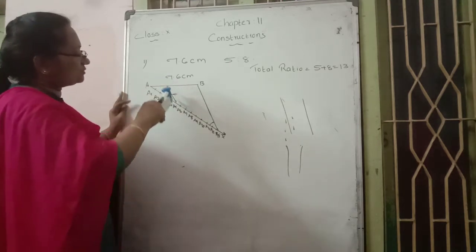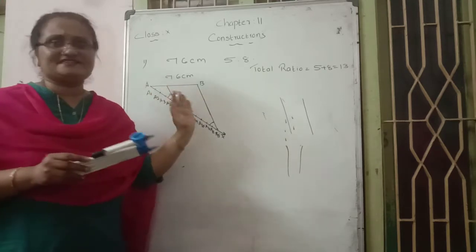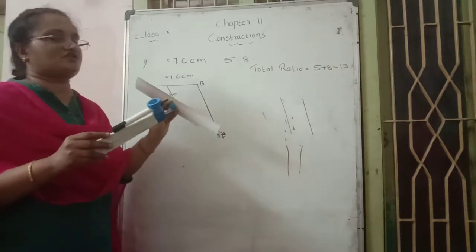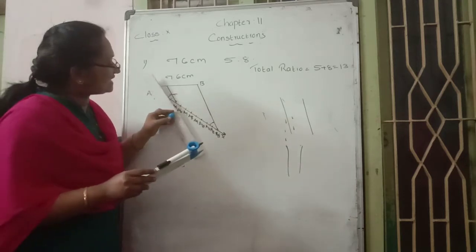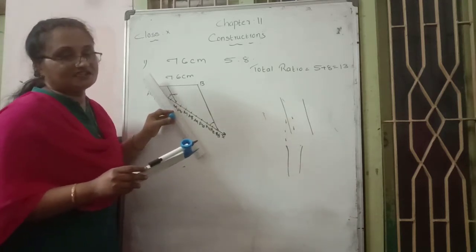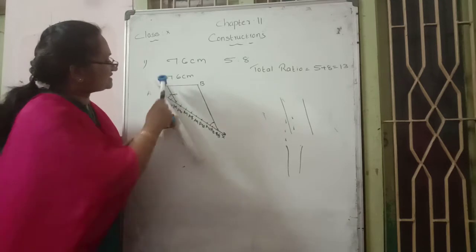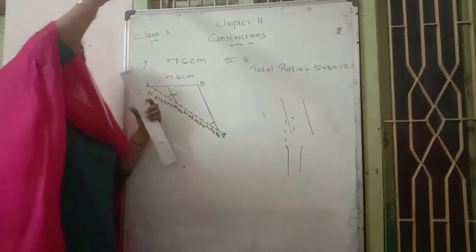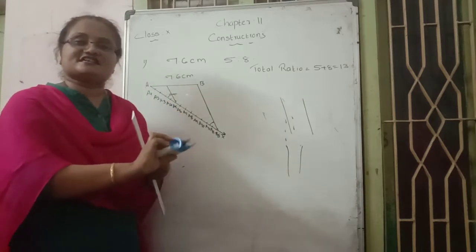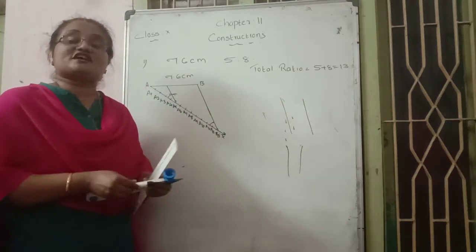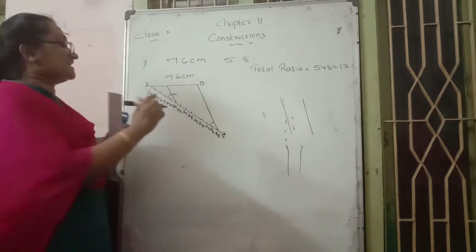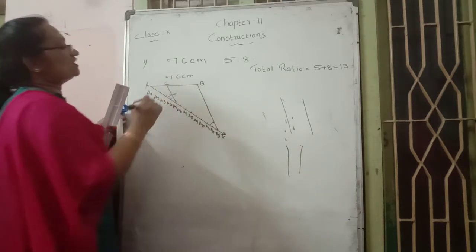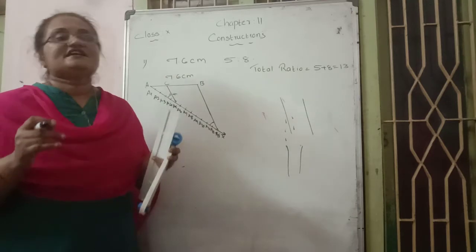Then through those two points, adjust your scale, not exactly that point. Adjust your scale and draw parallel lines, not intersecting. Parallel lines, this parallel only. However they extend, they never intersect. In that way you must adjust your scale and draw parallel lines. That cutting point, you can mark it as AC.